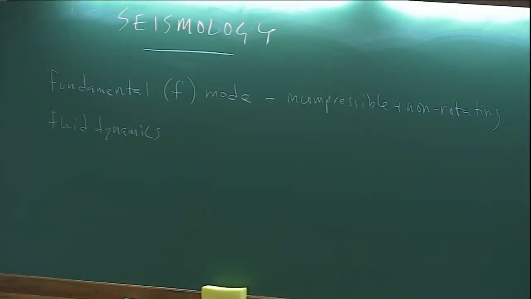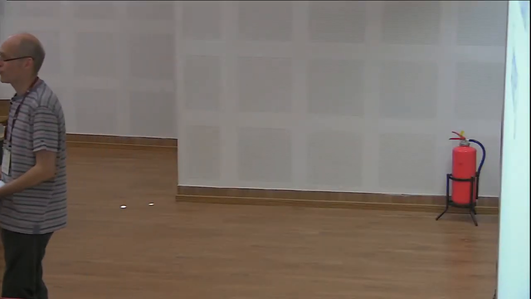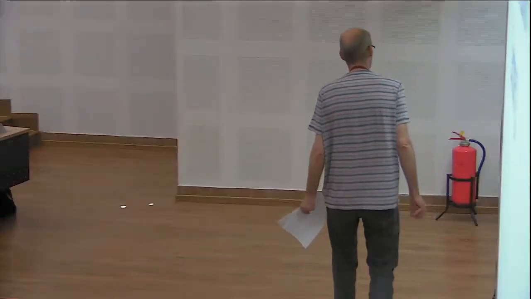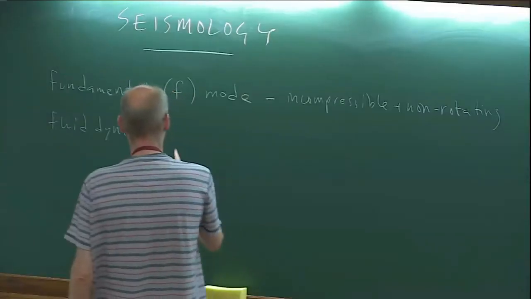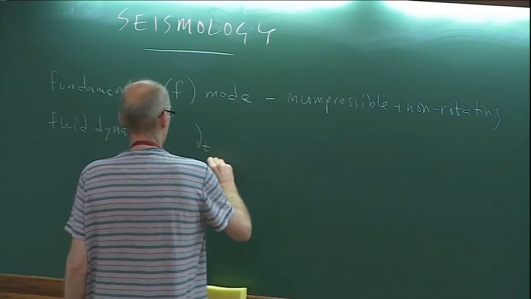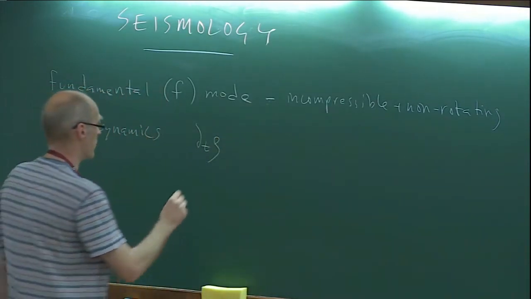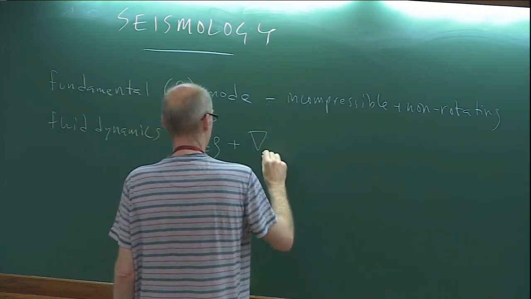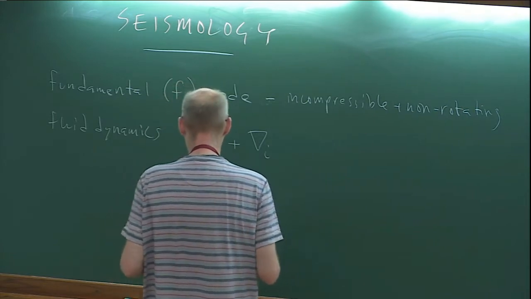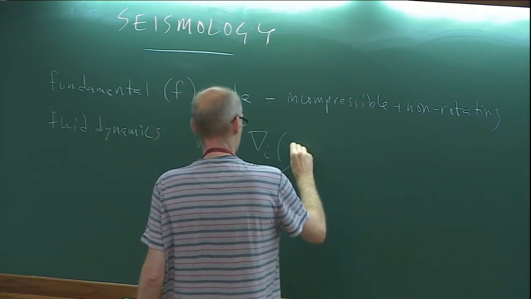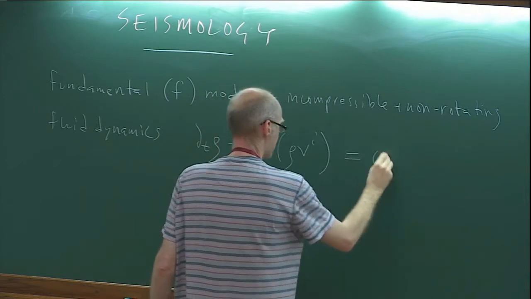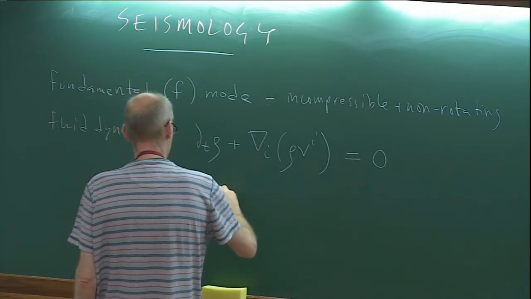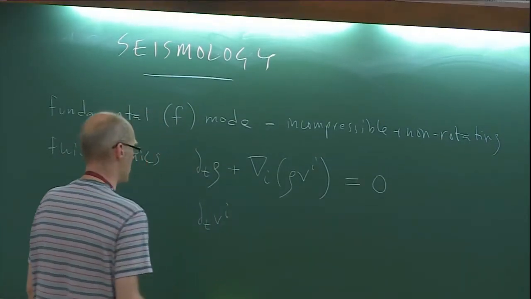And so as we concluded, or we could have concluded in the first tutorial, if I'd set up the problem in a doable fashion, of course I didn't, we have the two equations in Newtonian for a non-rotating star. We've got the continuity equation for mass conservation, which simply says that the time derivative of the density is the divergence of the flux, like this. And then we have the Euler equation, which says that the time derivative of the velocity